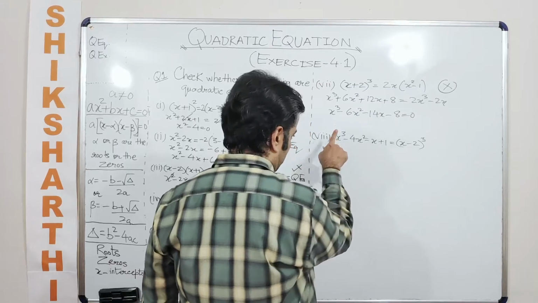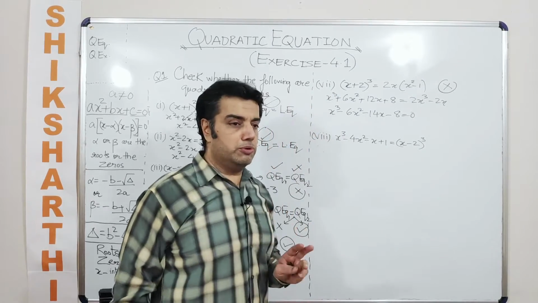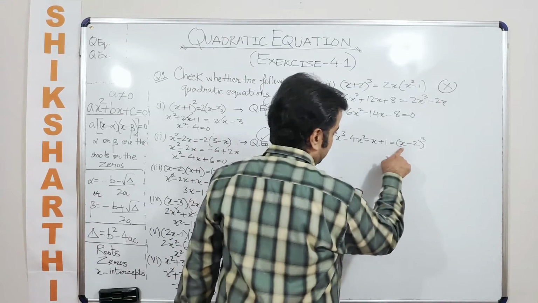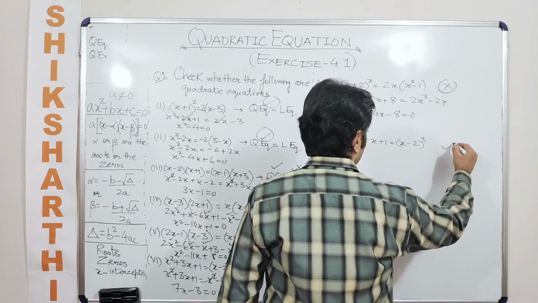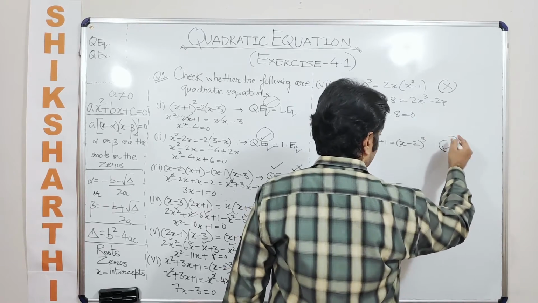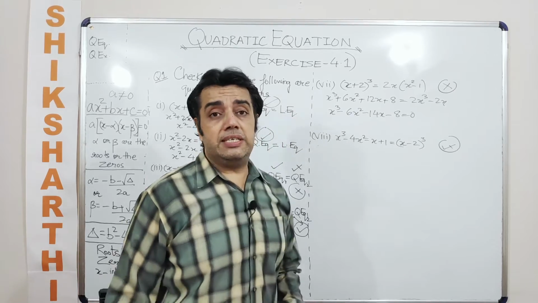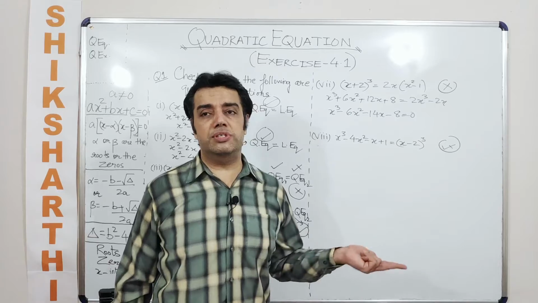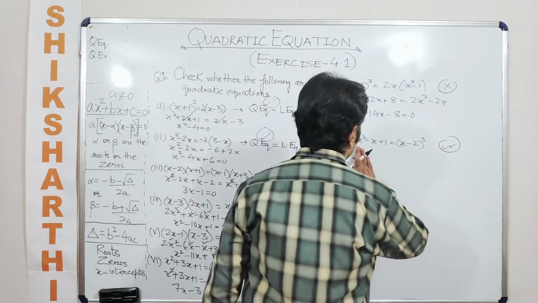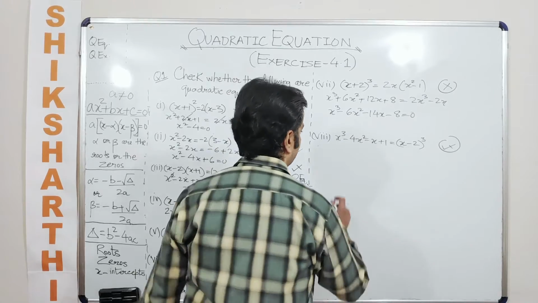In this case, talking about the 8th question now, the coefficient of x cube on the left hand side is 1, the coefficient of x cube on the right hand side is 1. Will this be a quadratic? It should be, if the remaining things are not cancelled out. Why are we saying this should be? Because maybe the coefficient of x square also cancels out on both the sides. But definitely, this should be. Should be means you need to just check.